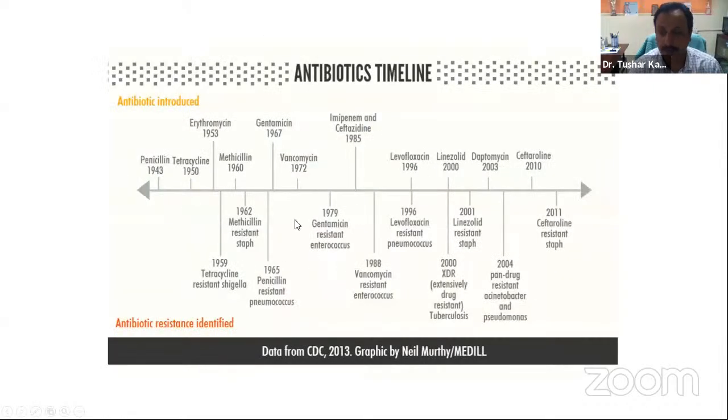And that is not the only problem, that no new antibiotics are coming. Once one is coming, within the next couple of years bacteria are getting resistant to it. So antibacterial resistance is also adding to the problem of novel antibiotic discovery. In both ways, we are not generating any new or novel antibiotics. Apart from that, whatever we have, all the bacteria are getting resistant to all those available antibiotics.